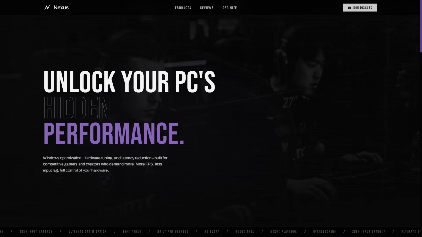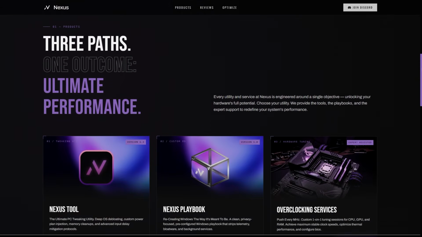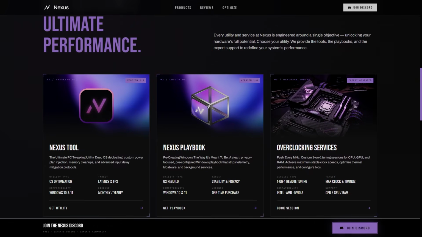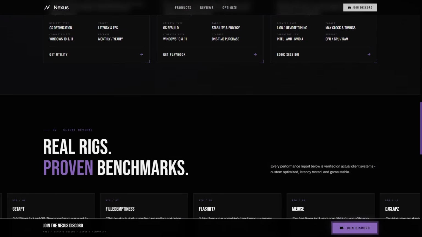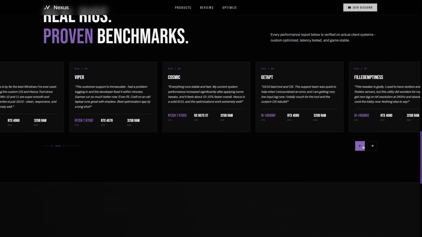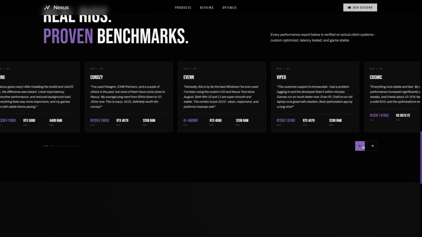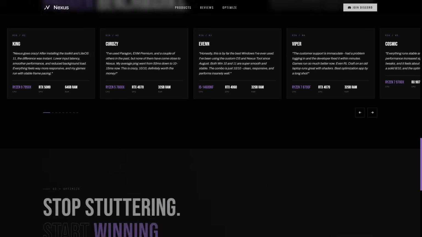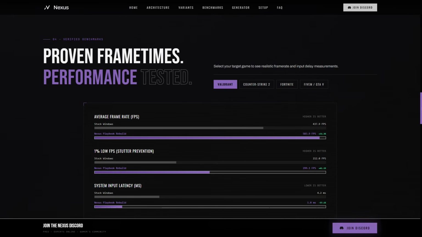Overall, Nexus leads on average frames per second in every single title and maintains the best 1% lows across all of them, which means not just higher frames, but smoother, more consistent gameplay. So that's Nexus Playbook, built to give you a cleaner, faster, and overall the best experience possible compared to everything